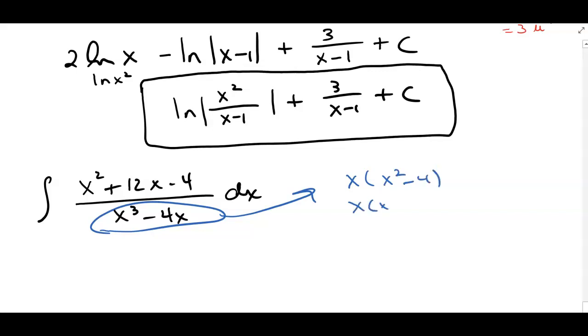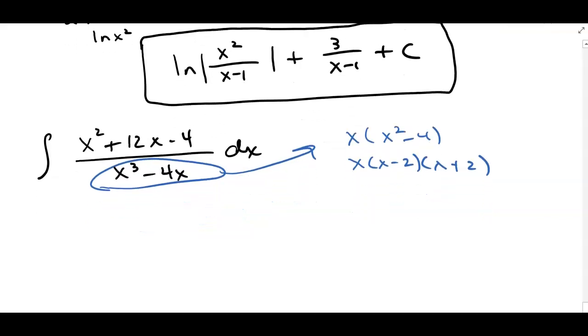Oh, so I have x minus 2, x plus 2. So we have 3. So we're going to have another ABC problem here, right? So my integral would end up being A over x plus B over x minus 2 plus C over x plus 2